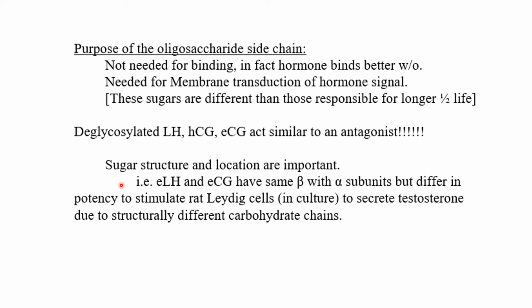So this will blow your mind. Equine LH and equine PMSG, or ECG, or equine chorionic gonadotropin, have the same beta subunits and the same alpha subunits, but they differ in potency